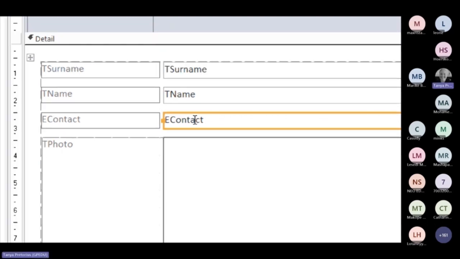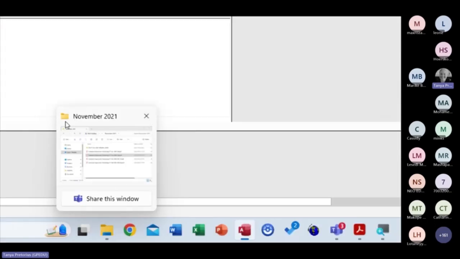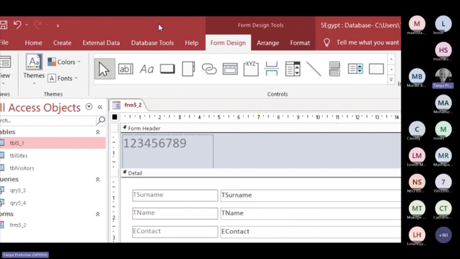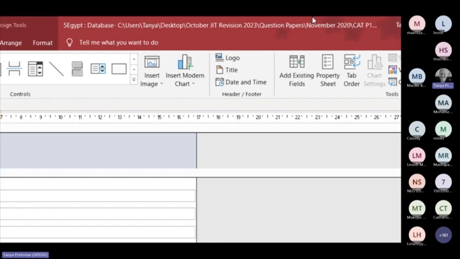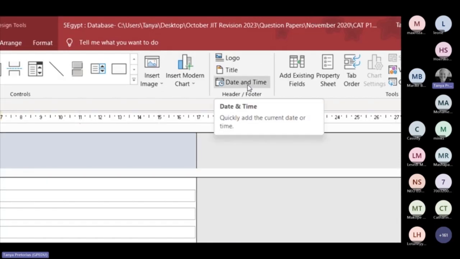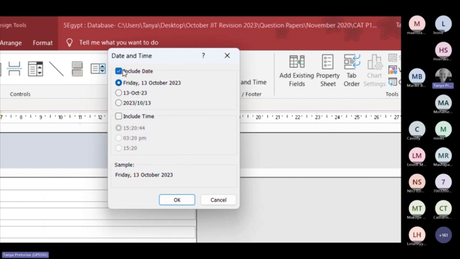Okay, let me just go back to the date one. They want me to repeat the date. So here's the date. Okay, we need to insert the date. So if you go to your form design, there's your controls. You go to the side a little bit and you would find the date and time field option. So I'm going to just simply click date and time. It opens the dialog box and make sure that we are only including